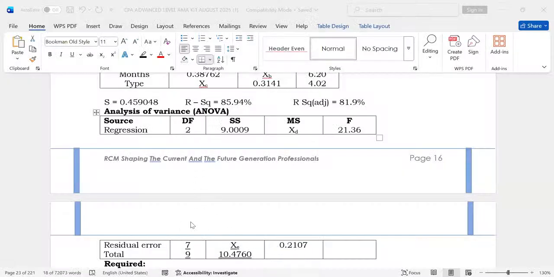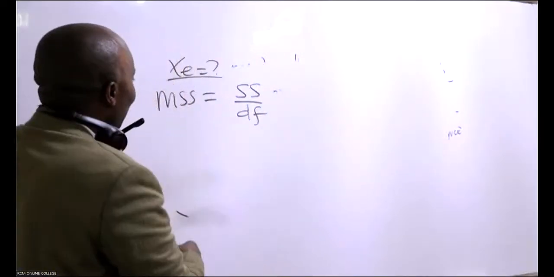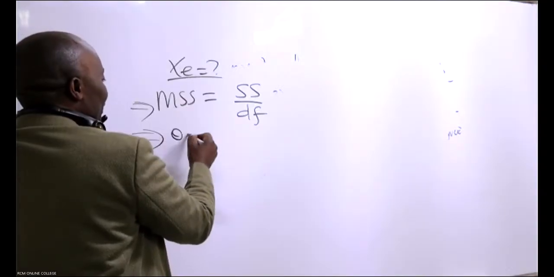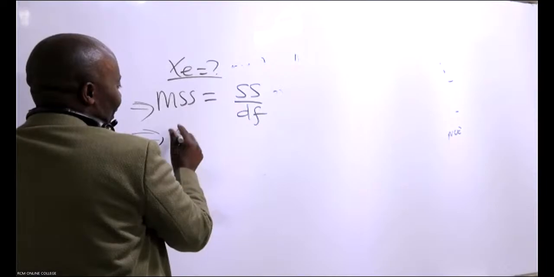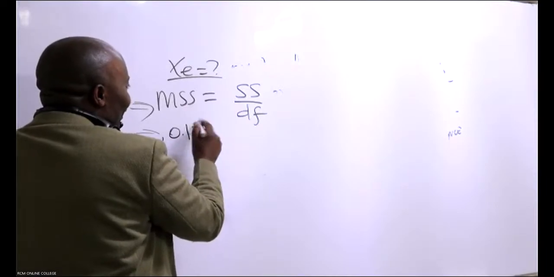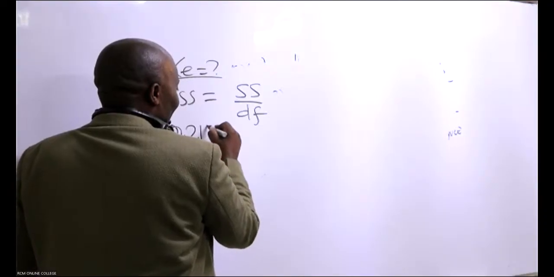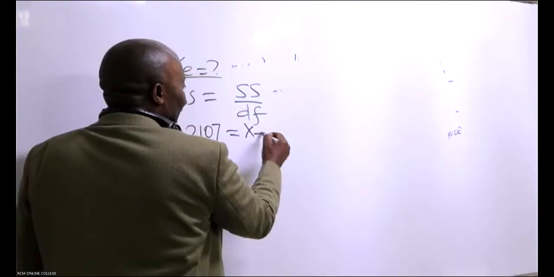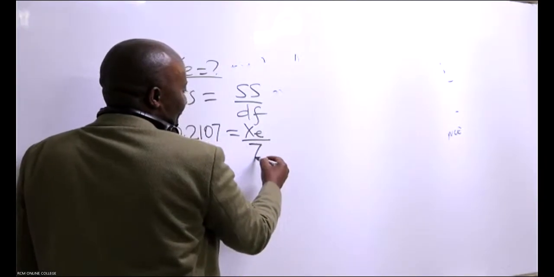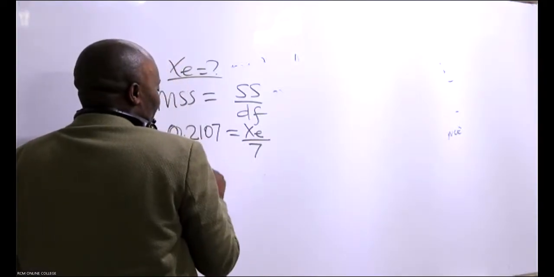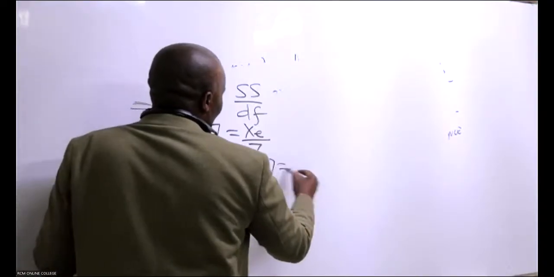I can see the degrees of freedom column has 7. I can see the sum of squares, what we have there is 0.2107. So it's about plugging in. MSS is 0.2107, that's X, isn't it? But degrees of freedom, we have this as 7. So cross multiply. When you cross multiply, we shall get XE as 7 times 0.2107, which will end up giving us